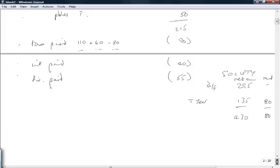Well, we do have the 80. It's in the revaluation reserve on the balance sheet. But we don't have 430. There must have been a dividend payment of 55 to leave me with 375. And that's those two figures you'll find on the balance sheet: 80 revaluation, retained earnings 375. So it's a nasty trick. He will not specifically bring your attention to the fact that a dividend has been paid, but it must have been. So we've got 185 coming off that. That gives me 30 as the net cash flow